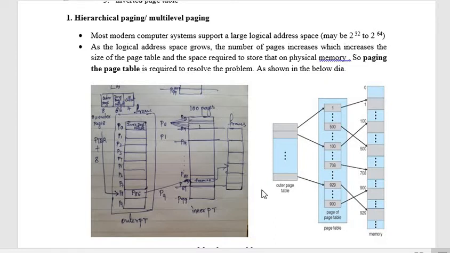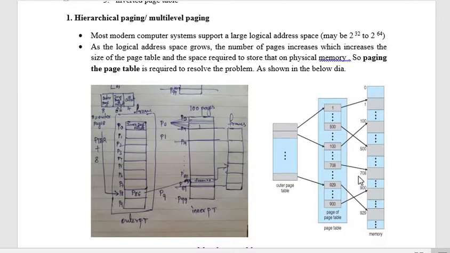We'll see that in the problems, but for the basic concept you must be aware that the user table is divided into smaller tables, so that those entries will be made in the outer table. Instead of loading the entire page table, loading only one page of the outer page table and the inner page table would conserve space on the physical memory.